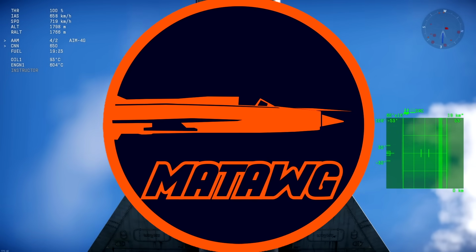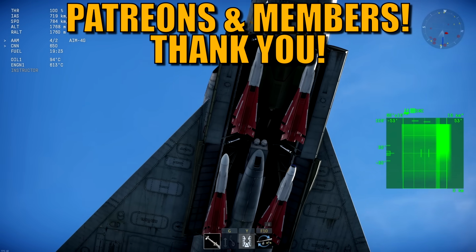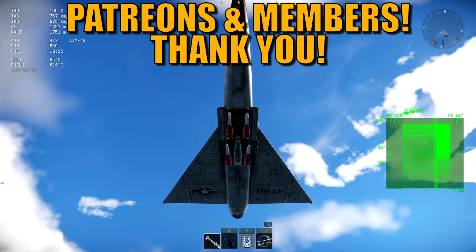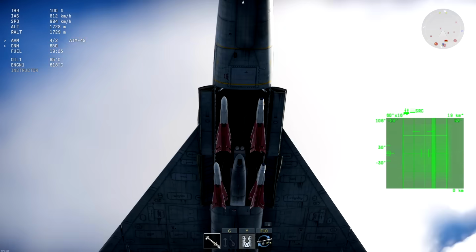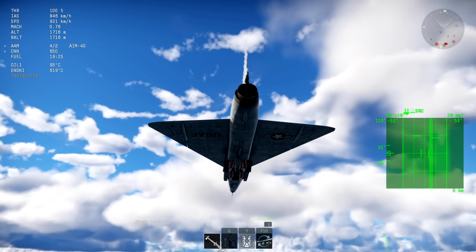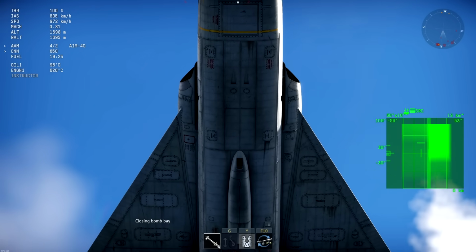AIM-4F or AIM-4G, the two new missiles of the F-106. But what should you use? Should you use the radar one or the IR one? And today we're gonna talk about that. First of all, we need to take a look at the actual theory behind these two missiles. Which of these missiles in theory is the best one? And then in gameplay, examples of the reasons why you should choose one or the other or